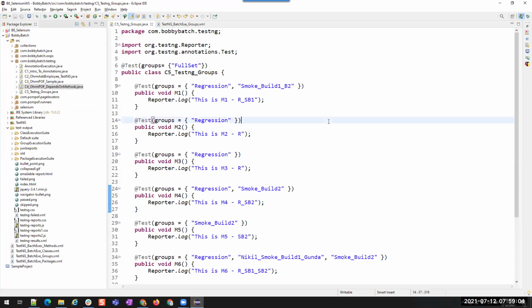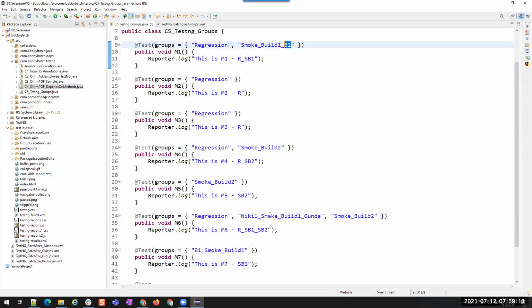So I told you there is a particular reason that I wrote the group name like this. This is smoke build one, but I had an extra B2 because that is my naming convention. And someone else had created the same group, smoke build one, but they have their own name in the beginning and ending. Okay. So in these cases,